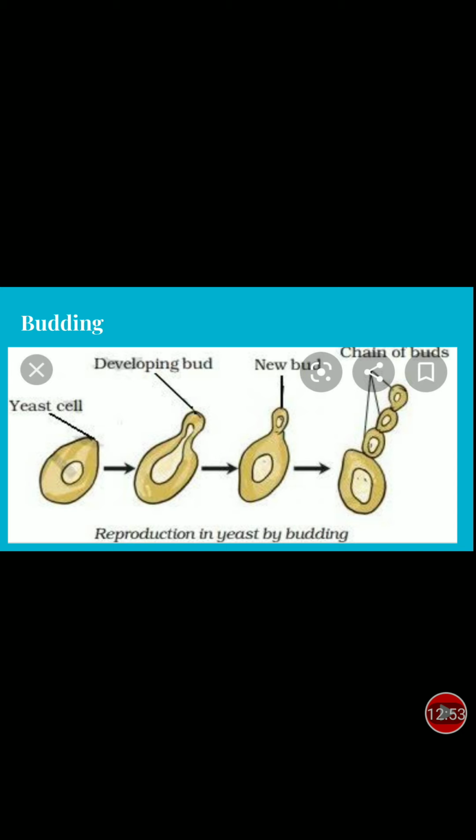The small bulb-like projection, which you are going to see in this picture, also in your reader, coming out from the yeast cell is called a bud. The bud gradually grows and gets detached, separated from the parent cell and forms a new yeast cell. The new yeast cell grows, matures. Matures means it will be bigger and bigger and produces more yeast cells. Sometimes another bud arises from the bud, a small protuberance that will grow, forming a chain of buds.